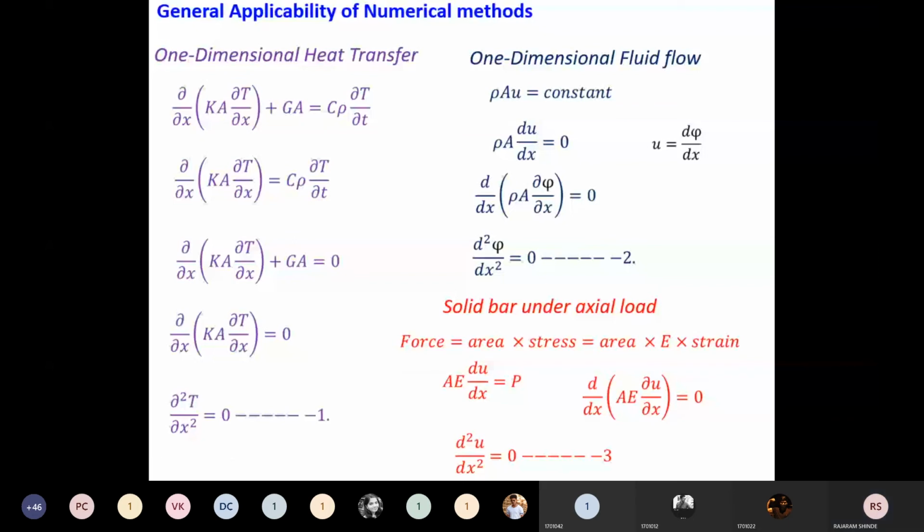Okay. Are you getting this? Can you get it? It is a general applicability. See here, if you develop one single program for one discipline, it may be for the structural discipline, it may be for the fluid flow discipline, it may be for the heat transfer discipline, then that same program we can use for other disciplines also.